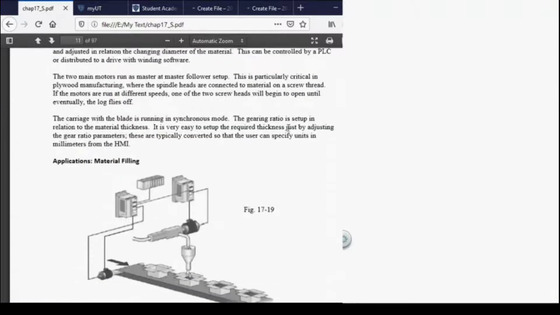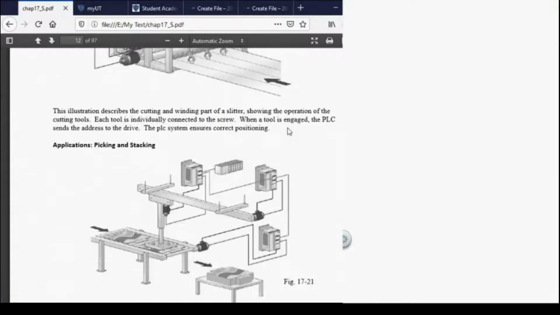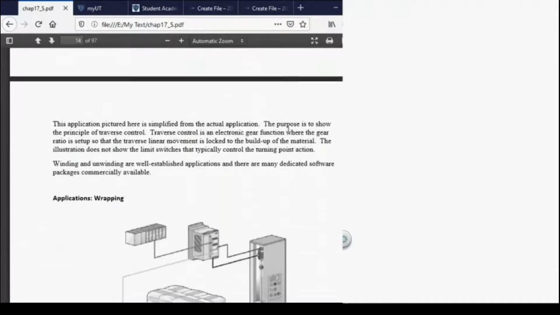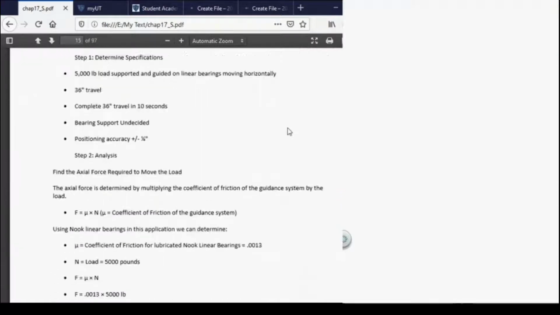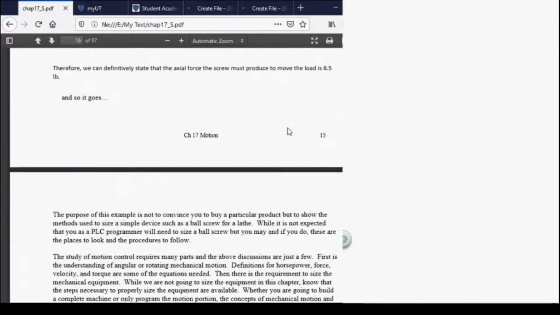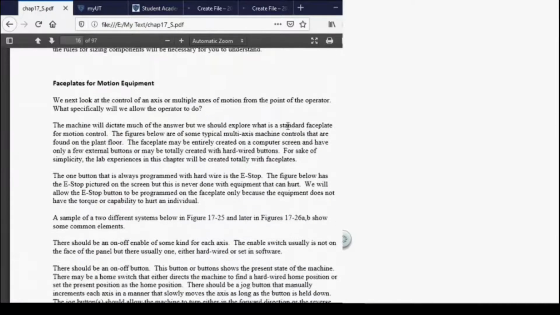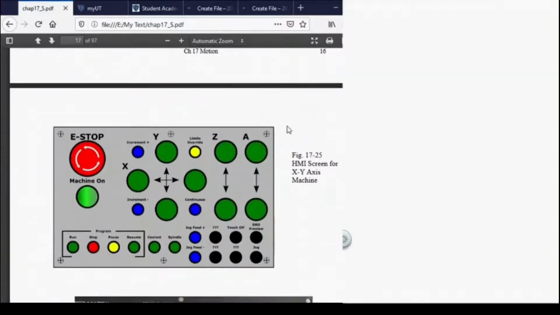So we're quickly scooting through the first part of the chapter. We've already discussed this part, and we're going down to the part that has to do with the actual implementation of a single axis controller. And first of all, we want to look at the idea of how you develop a faceplate. And this is a sample faceplate, and it would include